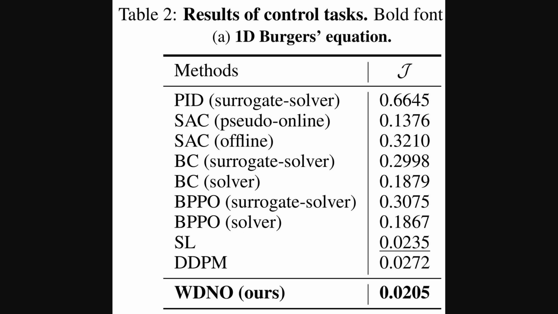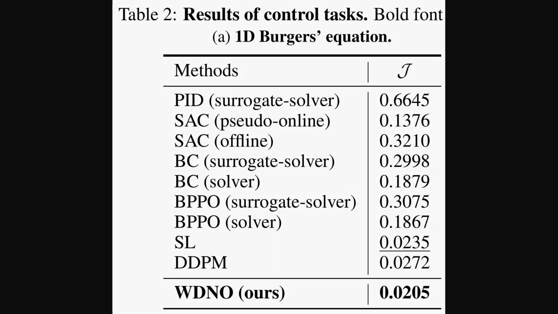And again, we see WDNO at the bottom achieving the best score, 0.0205. That's lower than the next best method, SL, which got 0.0235, and also better than the standard diffusion model DDPM at 0.0272. So, just like in the simulation tasks, WDNO shows superior performance here, finding more optimal control solutions